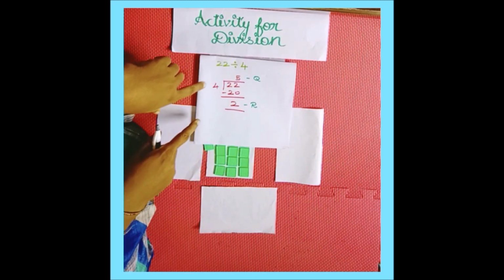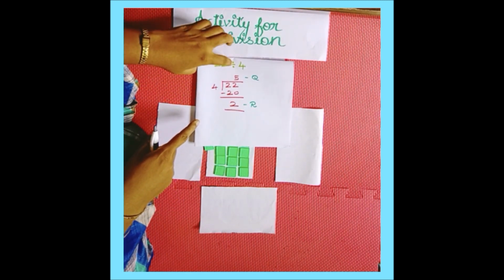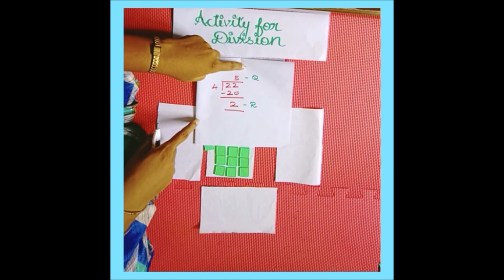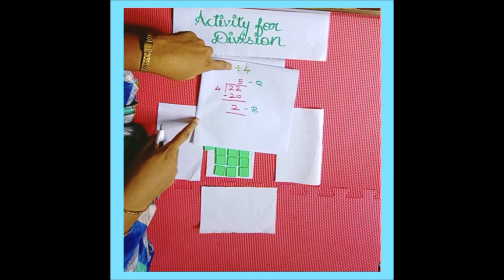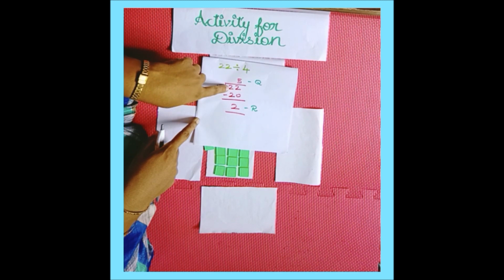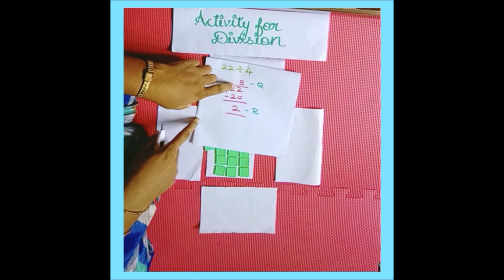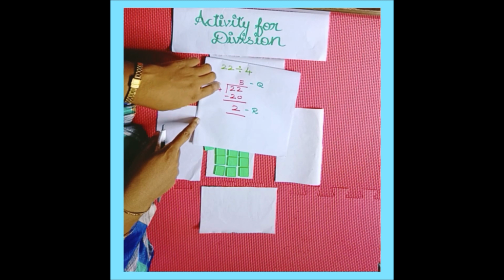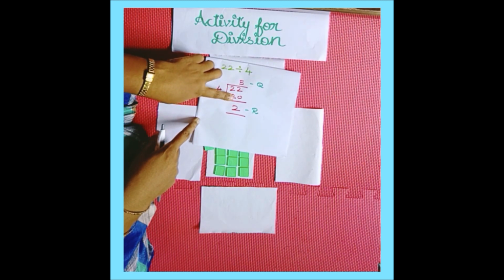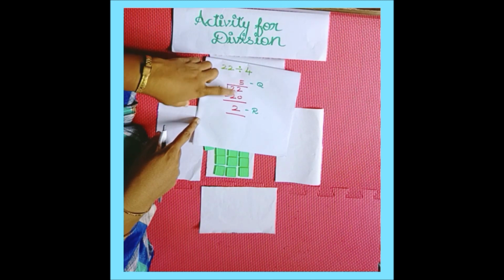Let us see another example sum. 22 divided by 4. So our divisor is again 4 and our dividend is 22. So you have to divide 22 by 4. In the 4 table we do not have the number 22. So we have to check the number before, 21. It is also not in the 4 table. So we have to go to the number before, 20. 20 comes in the 4 table how many times? 5 times. So 5 4s are 20.